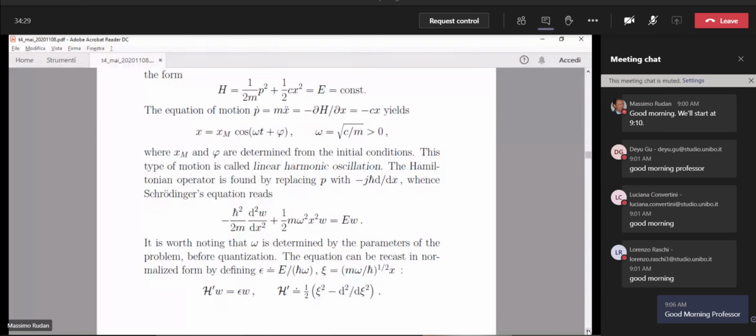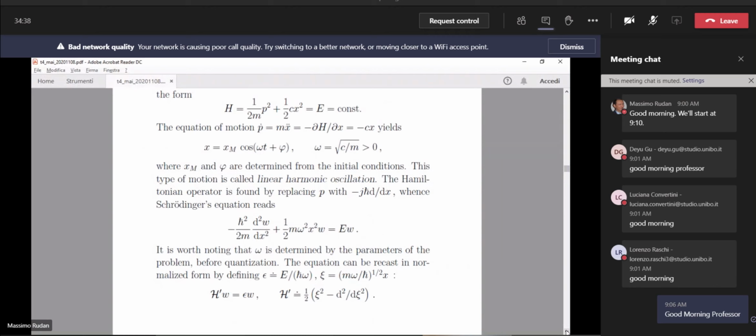So we find the relation among the coefficients, okay? After we complete this job, we find all the coefficients of the series,